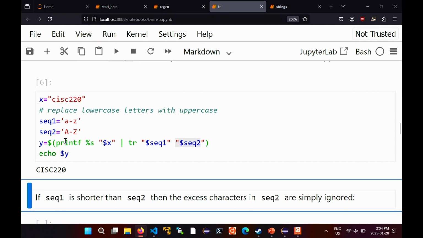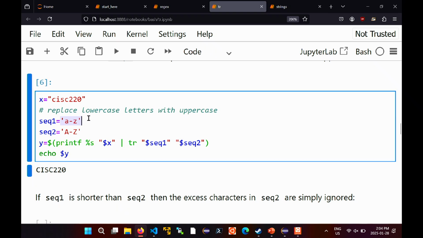Right. So notice here, sequence 1 and sequence 2 have the same length. Right? That's because you're going to do character by character translation. Right? Lowercase a gets translated to uppercase A. Lowercase b gets translated to uppercase B. And so on and so forth. Right? You run into a problem if sequence 1 has more characters than sequence 2. Right? So for example, if you do that, right, sequence